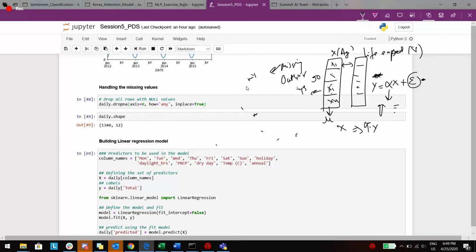That I'm not talking about normalization. Normalization is when you perform some kind of scaling operation which will try to reduce the variance or some kind of skewness in the data. Yeah, got it. Okay.